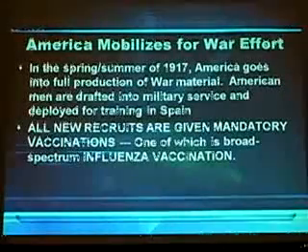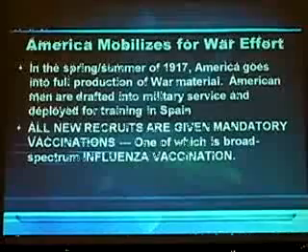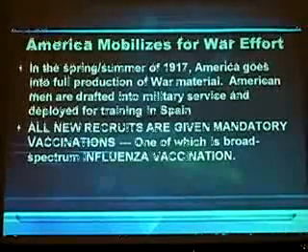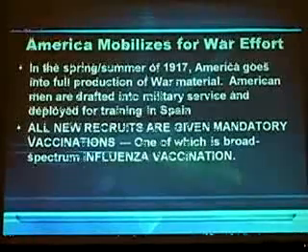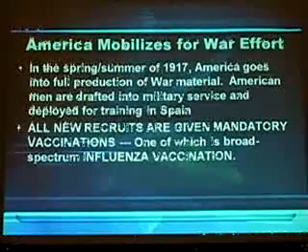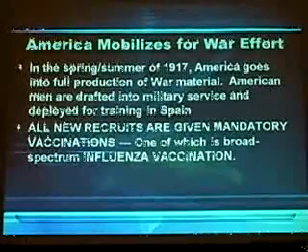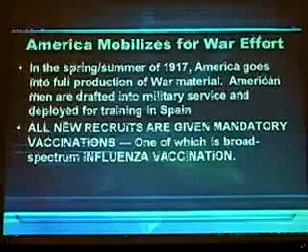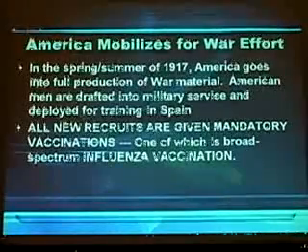This is very important to understand. For the very first time in U.S. history, all new recruits, Army, Navy, Marines, Air Force, all new recruits are given mandatory vaccinations, one of which is a very broad